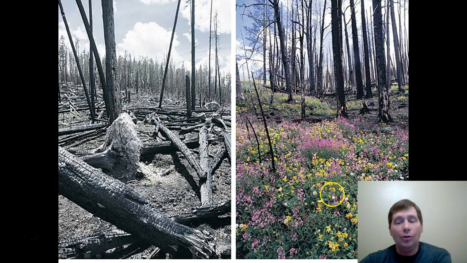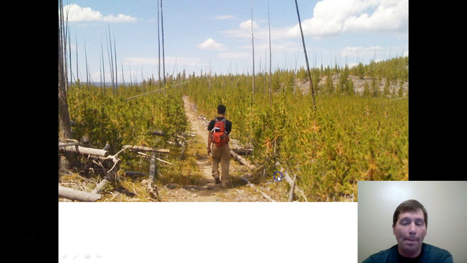Now, you don't usually see this in Yellowstone because the trees were so thick, the trees blocked all the light and made it so no plants could grow on the floor of the forest. Once the fire came in and killed off all the trees, all these plants had a chance to grow for the first time. So here's our first step in secondary succession. These flowers here would be the pioneer species of Yellowstone after the fire hit.